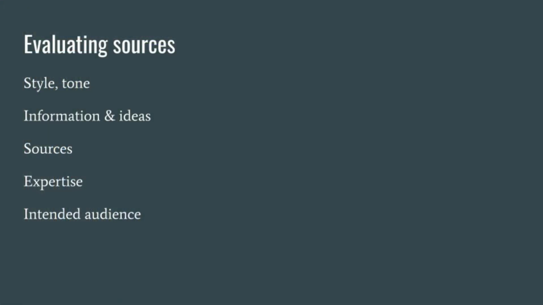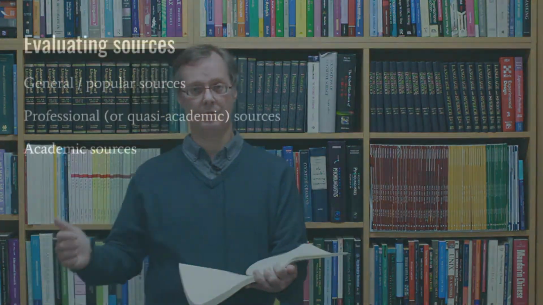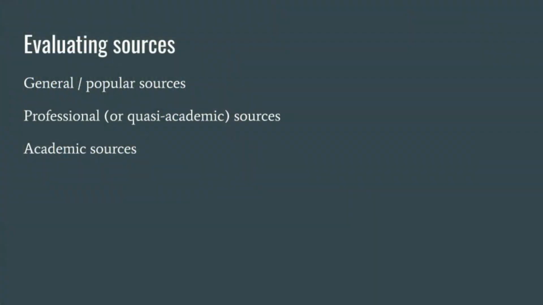Sources are used, a lot of sources are used, academic and technical sources, and they are cited in a very formal citation style, which we will learn about later. So these criteria help us distinguish general sources from professional sources from academic sources. And it's kind of a continuum. Sometimes there are gray areas in between.